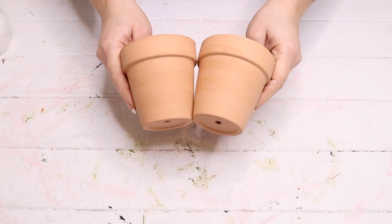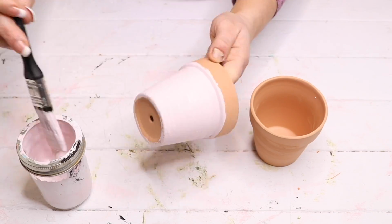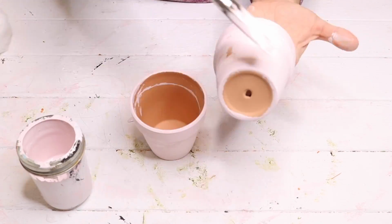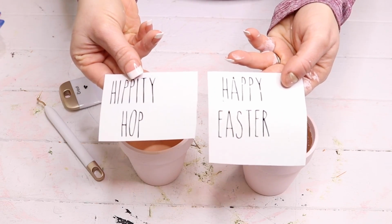For this last DIY, I was kind of just creating as I went. I wasn't exactly sure what was going to happen at the end of this, but I got out these 2 clay pots from Dollar Tree. They come in a pack of 2, and I painted them with some pink chalk paint that I had mixed